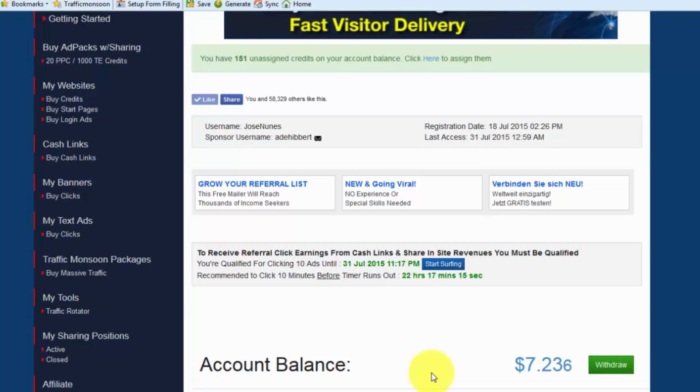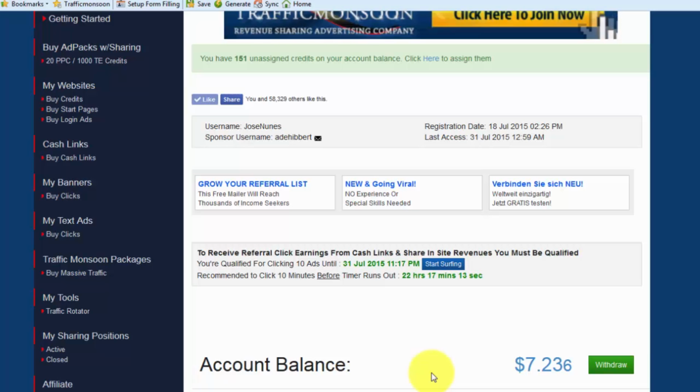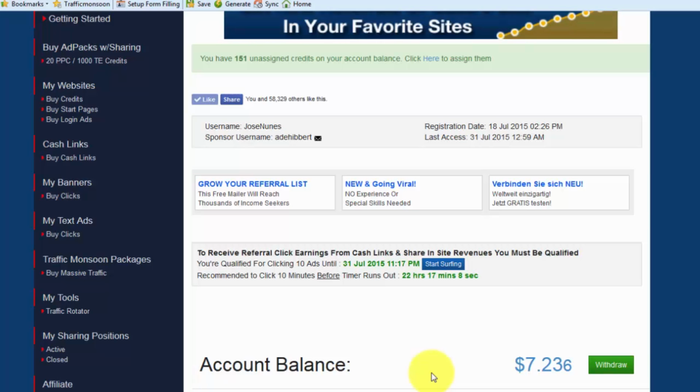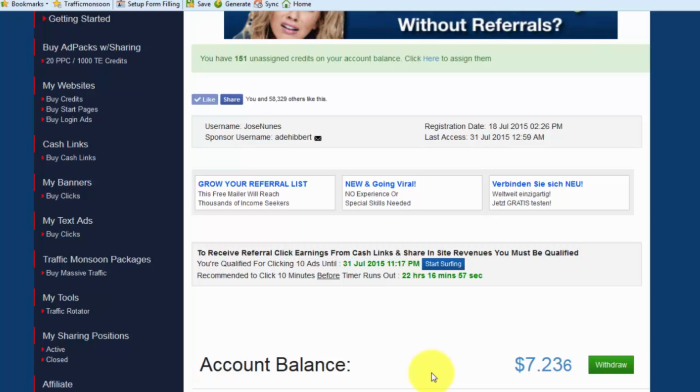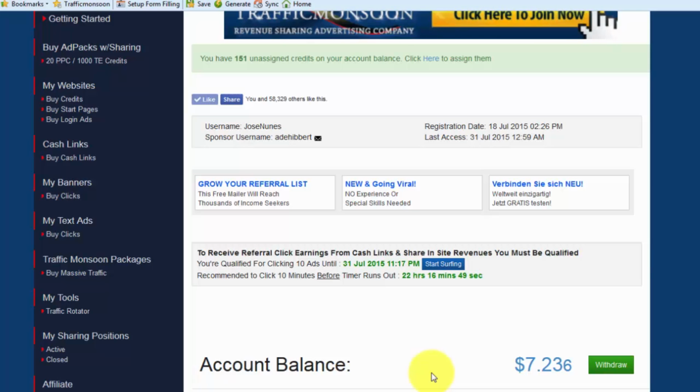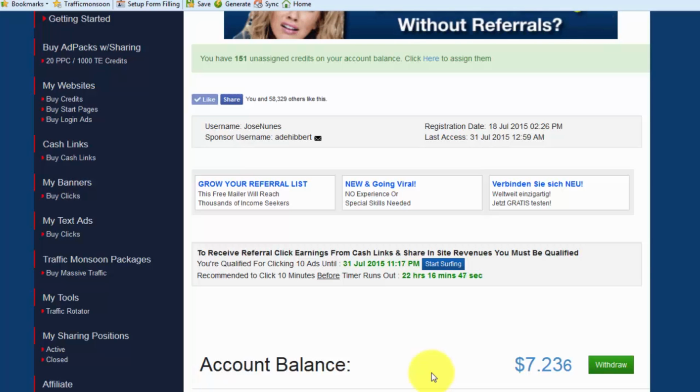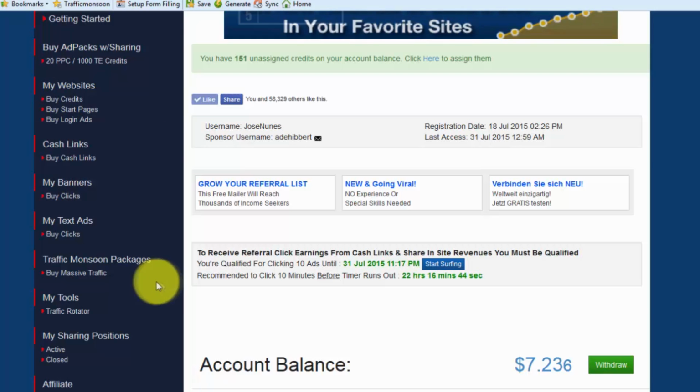Okay, I didn't put any more money in. So pretty much I'm $250 in. I took $50, didn't take it out. I just put it back in so I don't get charged for the transaction fees. I put it back in, bought another pack. So I only need another 200, so another four packs, to put my initial startup capital back into my pocket, and then I'm just going to be using the money from Traffic Monsoon. Obviously, I'll be buying credit packs and clicks and stuff like that, because the advertising works.